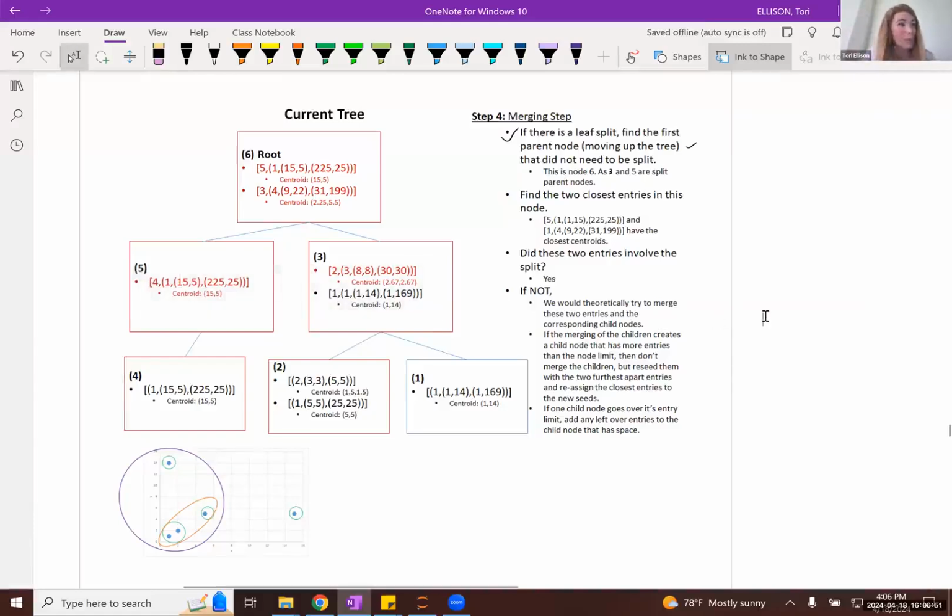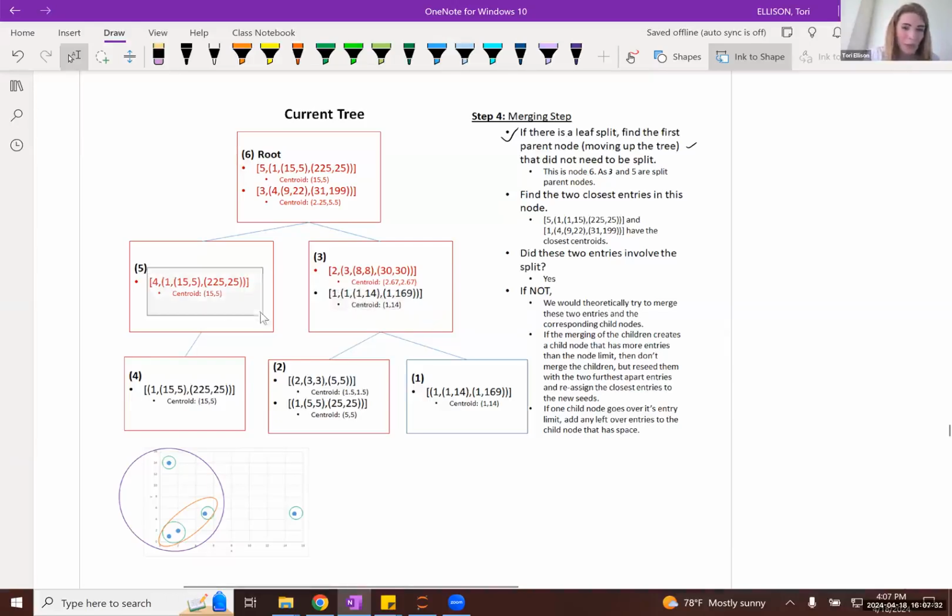So in a situation like that, what you would do is select the 2 furthest away clusters represented in those 2 leaf nodes that you were trying to merge, and use those as cluster seeds to rearrange all of the clusters that existed. Let's say these were the 2 furthest apart clusters here.